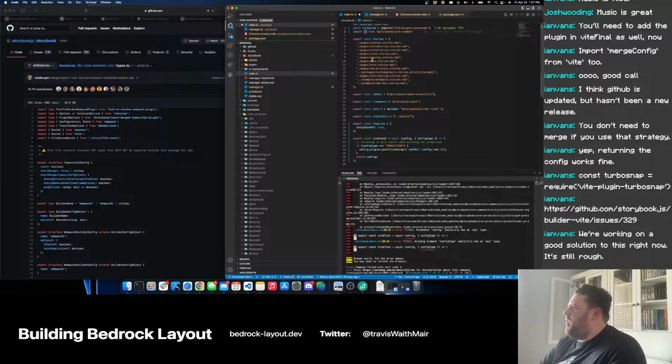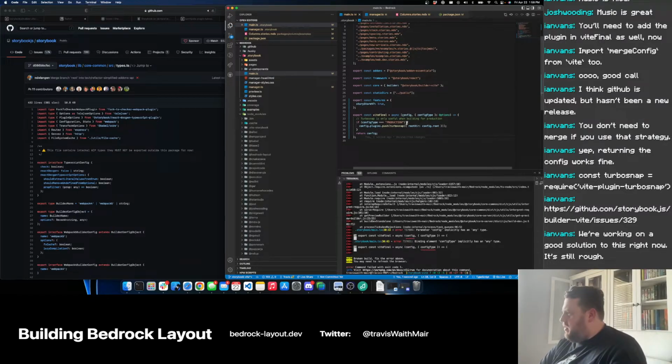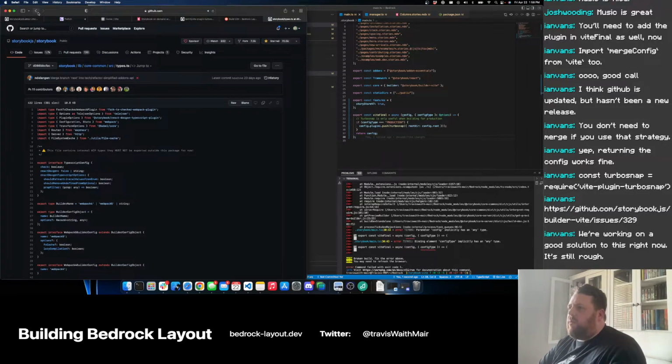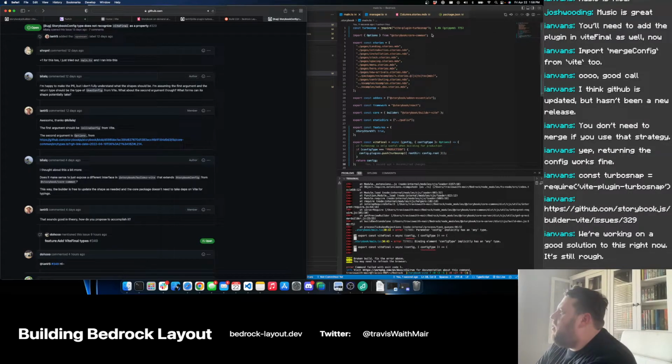Can I just do that and then I can go options? Perfect. So this would be options. I think that's, and then what was the other one? That was inline config from Vite. Okay, so